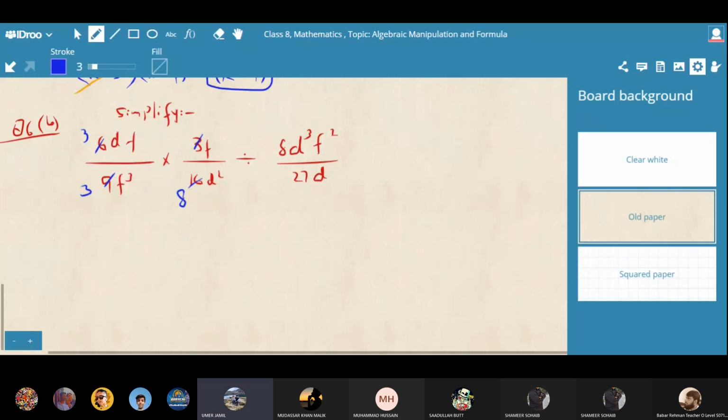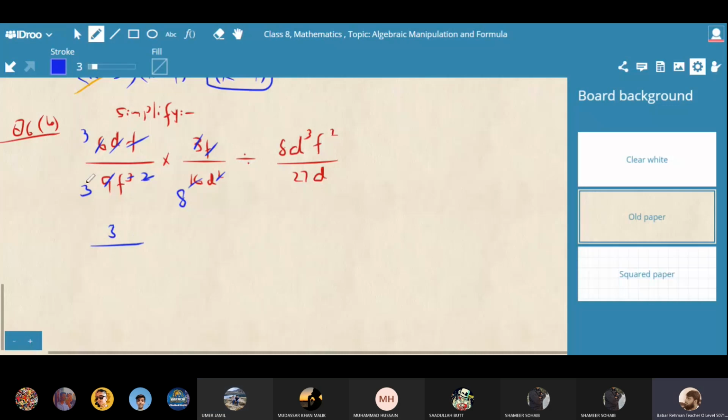Sir, why will you cut with 3? Sir, why 6 by 3? Okay, can I cut D as well? D and 2. Yes, remove. F, so that 2F will be left here and one more F is there. So cut 2 and only one F will be left here. So what is left in the numerator? 3, 3 upon.